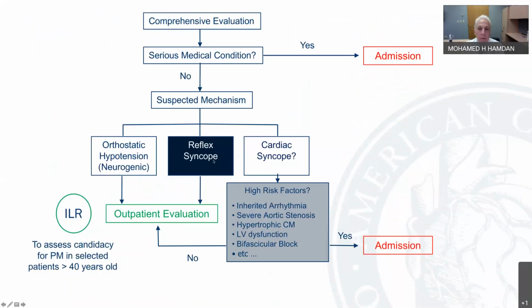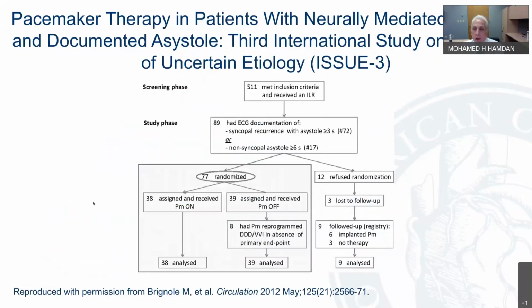Another group of patients that benefit from ILR implantations are patients with vasovagal syncope who are above the age of 40, where you've exhausted everything else. They may not be tolerant to midodrine or Florinef, or they're not candidates to receive drug therapy, and they continue to have fainting spells. So in these patients, there is a role for ILR implantation, and the purpose of monitoring is really to assess their candidacy for pacemaker implantation. And this really came from the ISSUE 3 trial that was published 10 years ago, where